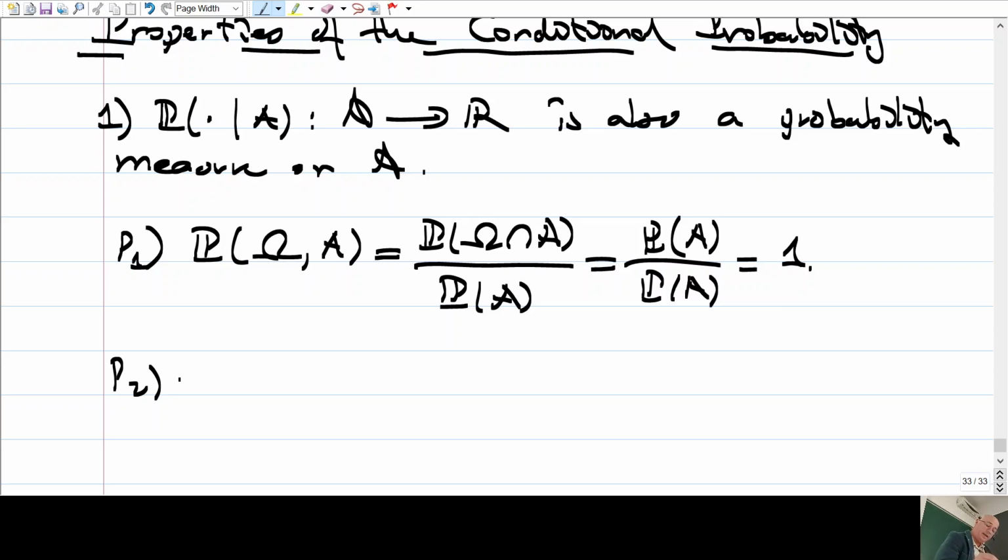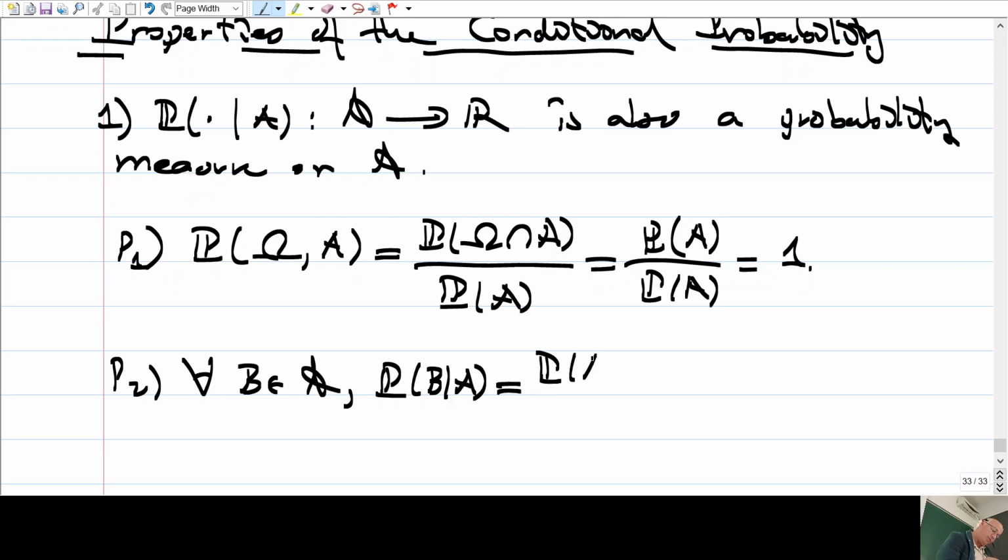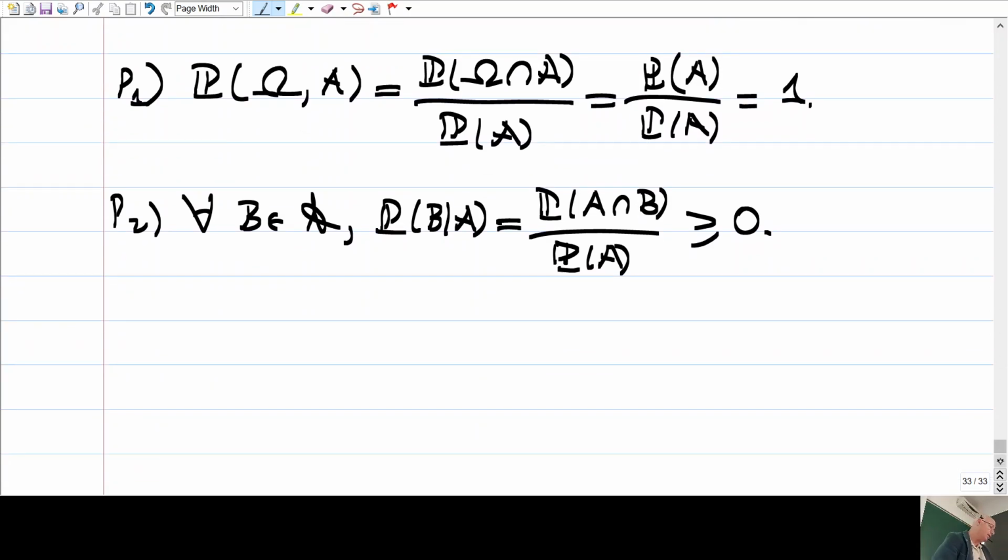it has to be non-negative for all B in A, P(B|A). What is this? This is the probability of the intersection divided by the probability of A, but they are all non-negative. Therefore, this ratio is also non-negative. And the third one,